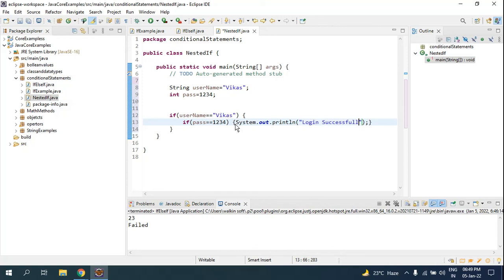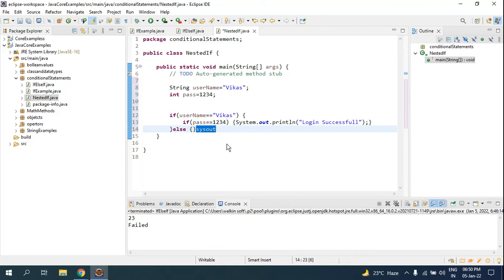successful. So what I did here is, if the username is correct, go inside this flower bracket. After going inside, it has another condition, so it checks that condition. If this is correct, it goes for the password. If the password is 1234, then it should print the statement. So what if the password is wrong? Here I'll be using the else. This else I'm using for this if, which is inside this if. If the password is true, fine; if not, else, I'll be showing